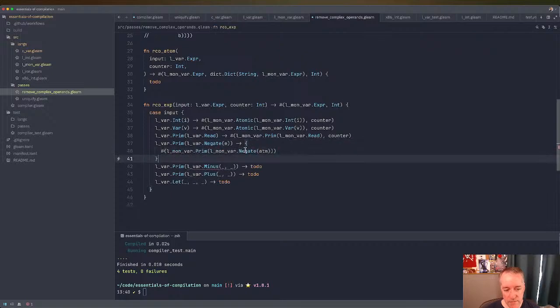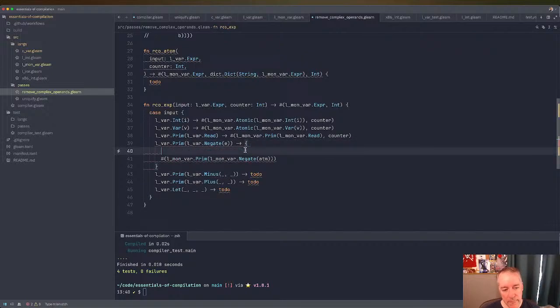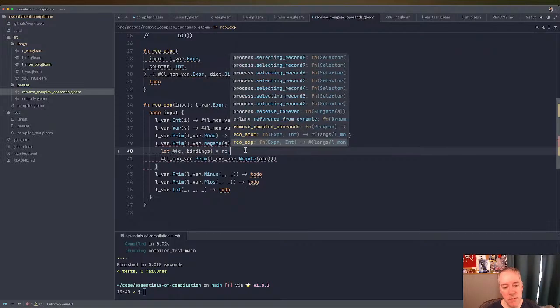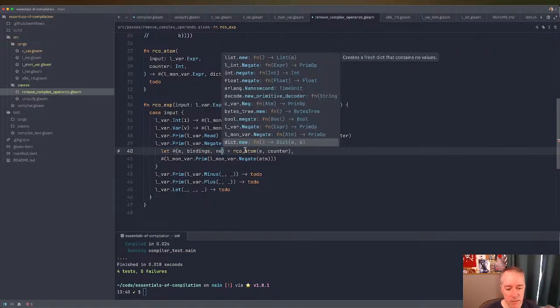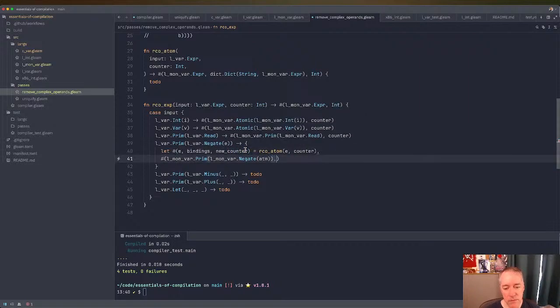So let's go ahead and break this out. So this is where we're going to say we want E and bindings. And let's call RCO atom. And we're going to pass the expression E and our counter. I'm sorry, this gives us a new counter. So at the end here, we'll return new counter. Now the challenge here is